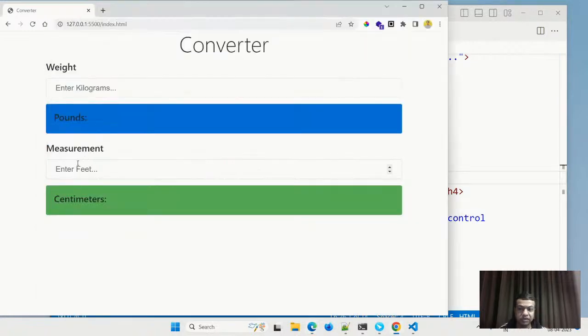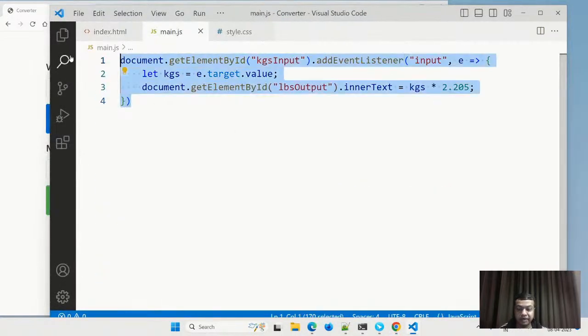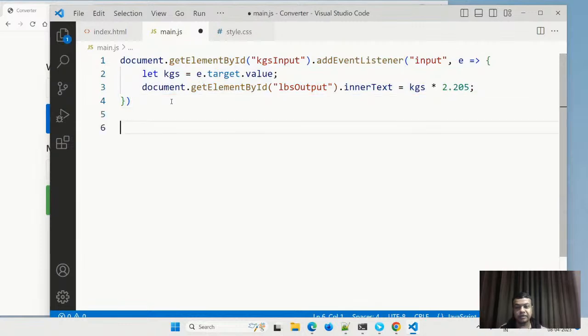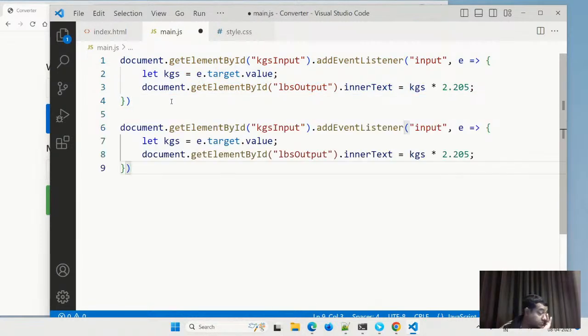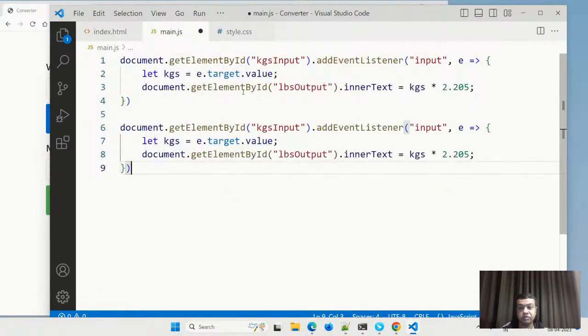Here we will change this feet to centimeter. So we will select it all, and then get element by id. This time I will select the feet input. Everything will be same.